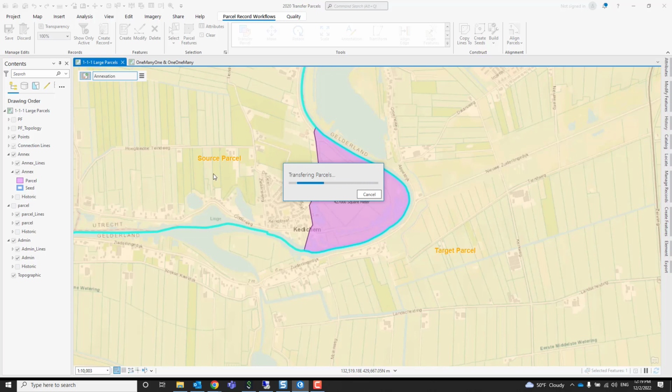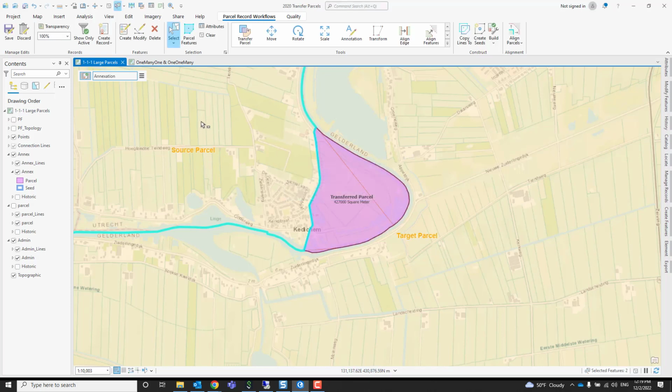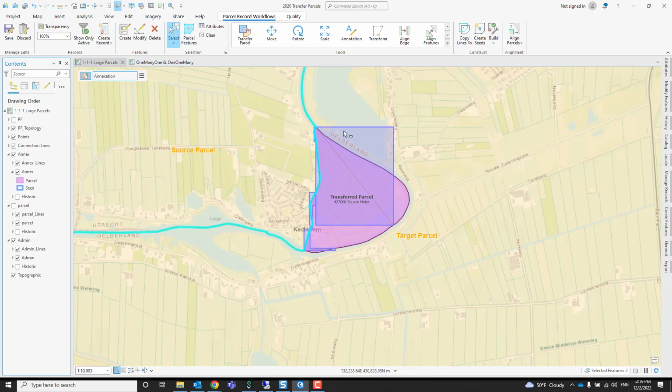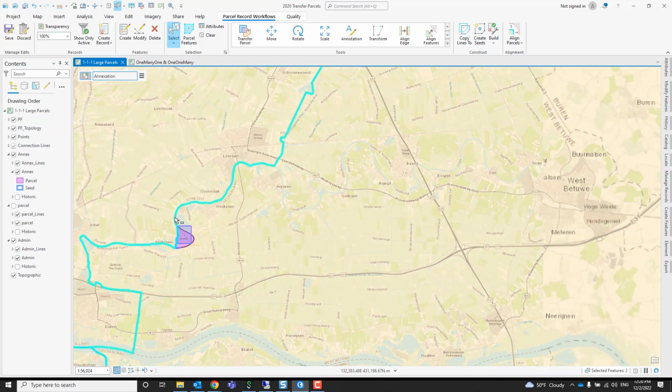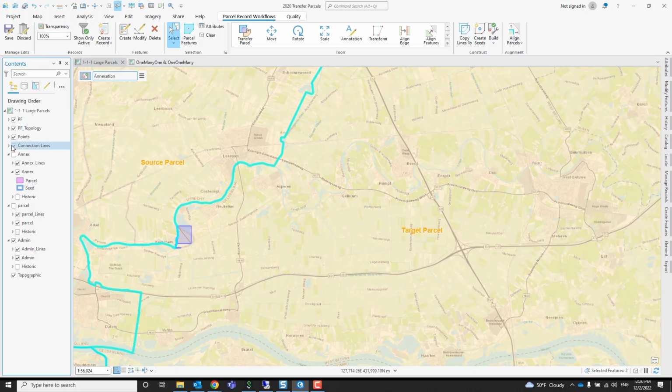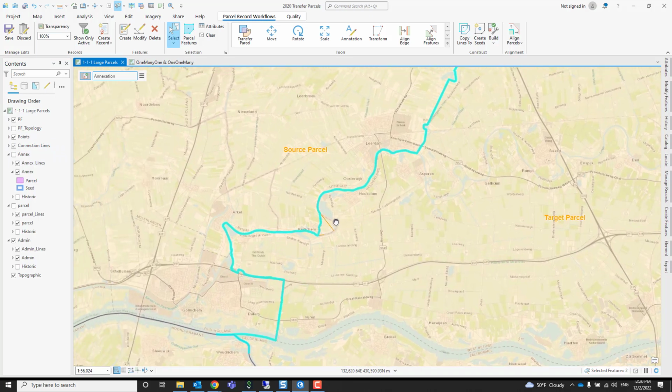Another thing I'd like to show when it's done is the dirty area. What makes the administrative parcel unique is that only the lines participate in the topology, and therefore, if I turn on the dirty area here in the topology, you will see that the dirty areas that got created are limited to the transferred area, right? Which is great. Another thing important to know is that we can turn off the annexation if we want, and the topology is that